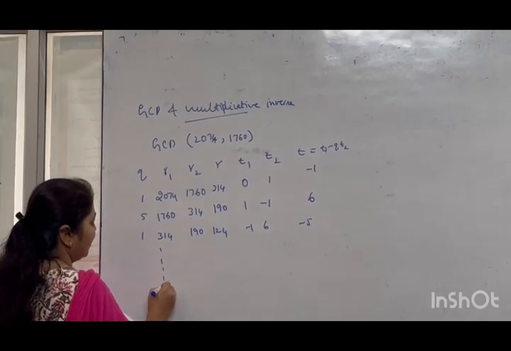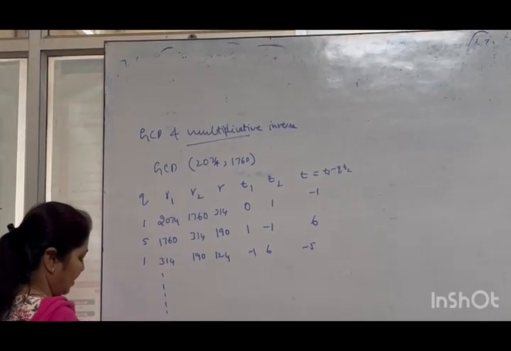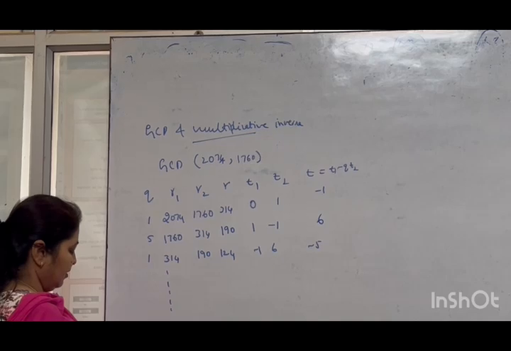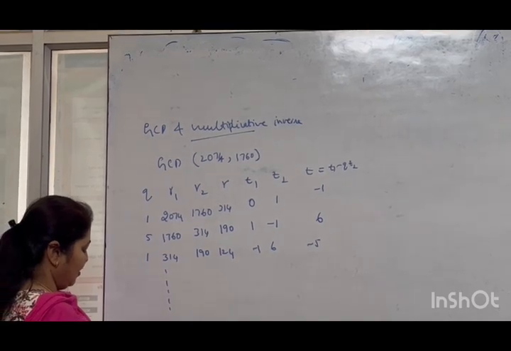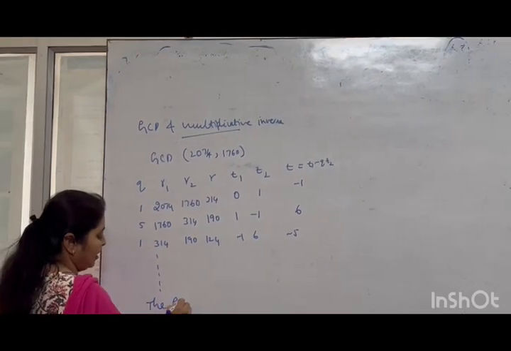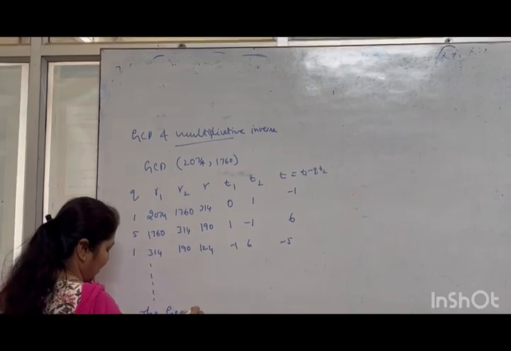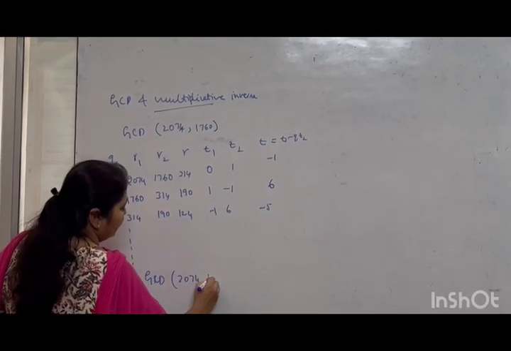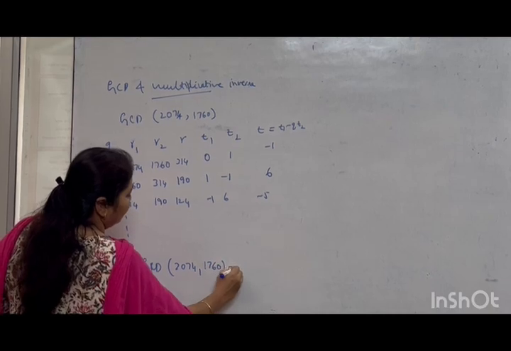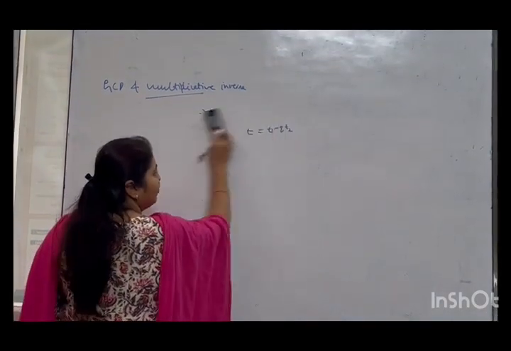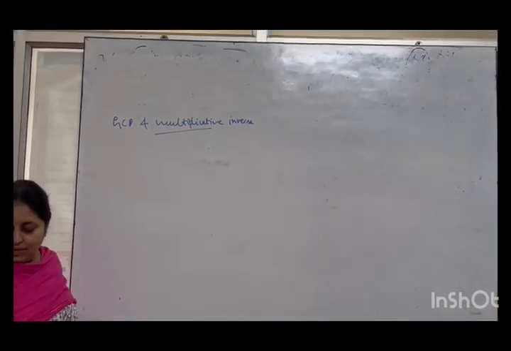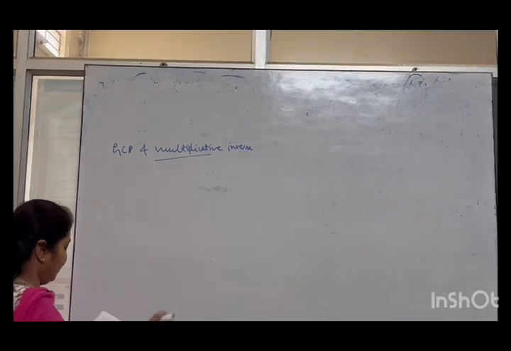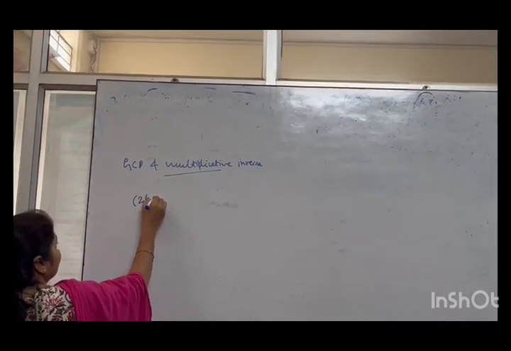Similarly, you repeat the same procedure until you get R2 equal to 0. If I repeat the same procedure, I will get the GCD of 2074 and 1760 equal to 2. The multiplicative inverse of the number 7 mod 26 is